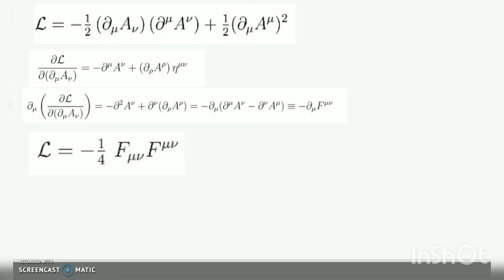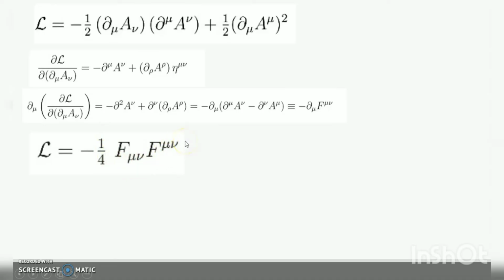So Maxwell's equations in a vacuum: del dot E equals 0, and del E divided by del t is equal to del cross B. Okay, so you know this equation. You can also find these equations on my channel, in a short video where I have already covered the Maxwell equations. So the Maxwell Lagrangian is L equals minus 1 by 4 F_{\mu\nu}